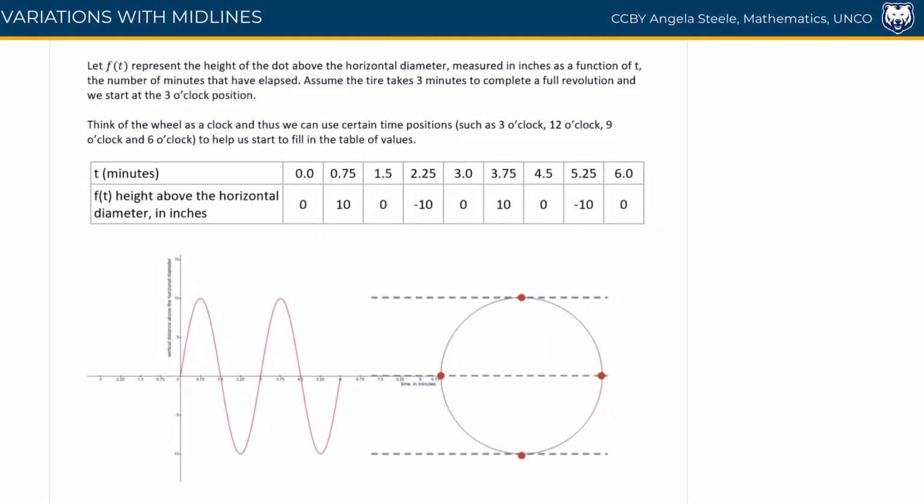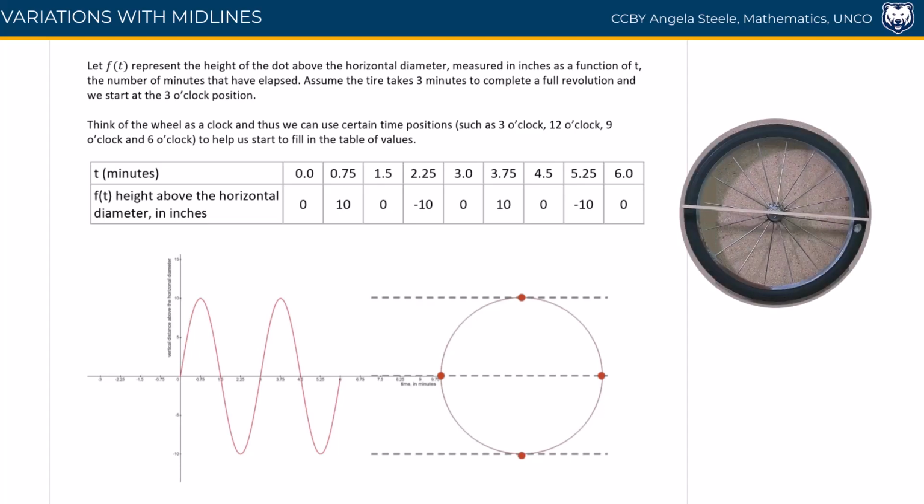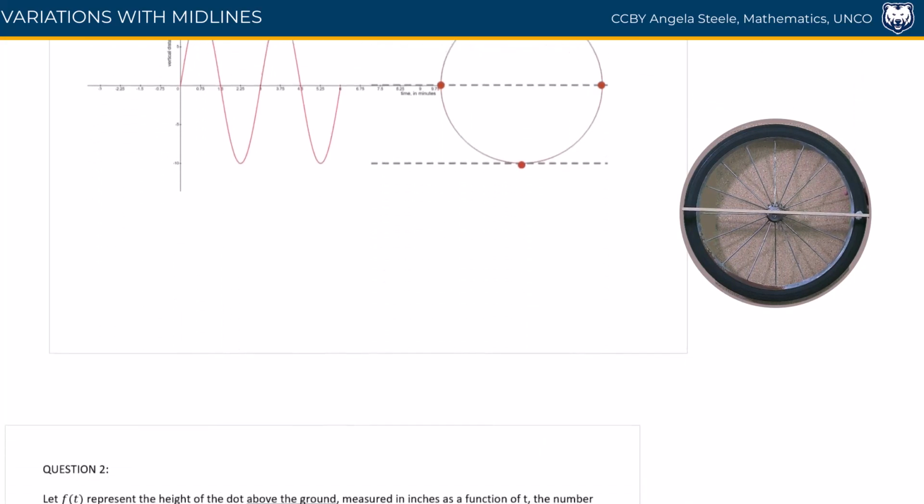Everyone, just a quick refresher. Last time we were looking at our sine function that went around or oscillated around this horizontal diameter. We're going to keep a lot of the things the same in this next problem with one change up. So before we had the ruler at this horizontal diameter, but now in problem 2, we are actually going to